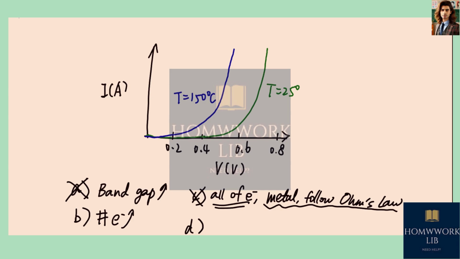This is even worse than saying electrons can move freely, because electrons do move freely in a metal, but atoms never move freely except in a liquid or a gas. So it says atoms move freely. Certainly not correct. Atoms are where they are. They have this lattice structure, and they are distributed according to certain laws. They do not move freely in a solid. So we can say that answer B